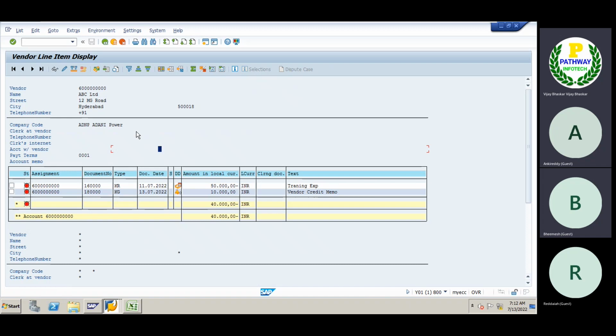Now we have seen how to post the credit memos into the system. Up to now we have completed successfully general ledger accounting, and the accounts payable module also we have completed successfully. If anyone has any queries while doing the practice, remember, I am repeating once again,